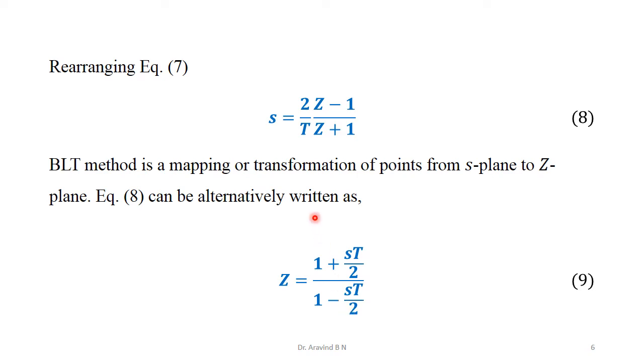Anyhow, with respect to the calculation, this is the substitution we are going to make use of, because we are going to perform the analog filter design first. Analog filter design means we will be in the S domain. We need to convert that into the digital domain, which is nothing but the Z domain. Therefore, in place of S, we make this substitution, which is called applying the bilinear transformation to convert an analog filter to a digital filter. So this is the one we are going to use further in the calculation.